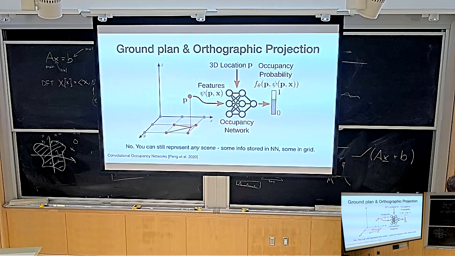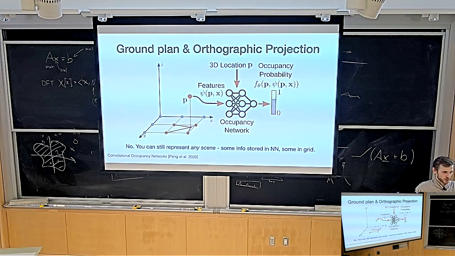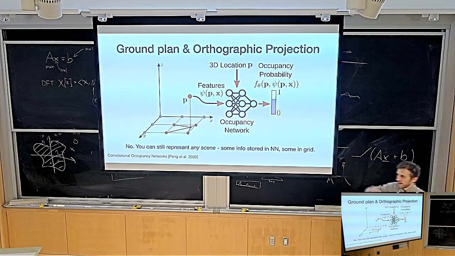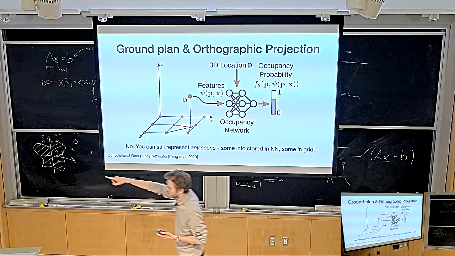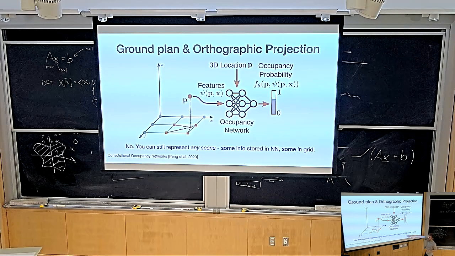It's worth pointing out that this doesn't make any assumptions on the function that you're storing. This is just as general as parameterizing the whole scene in your neural network or as a voxel grid. The only trade-off you're making is how long it takes to query my function and how long it takes to fit this thing. Just to be clear, if you were to fit this, you would make this grid learnable parameters. Each of these features is learned and optimized via gradient descent, and you would do exactly the same thing. You take a coordinate, interpolate your grid, get the feature, stick it into a neural network, get an output, and do gradient descent.